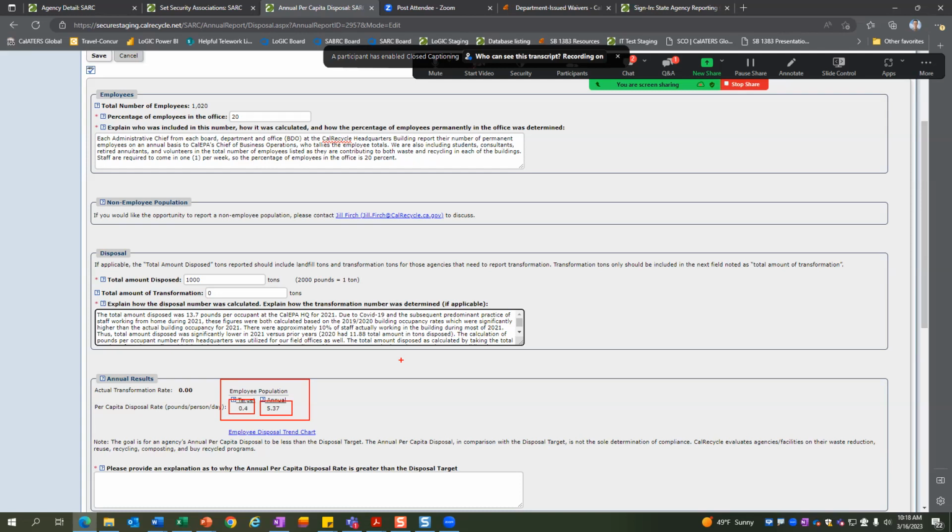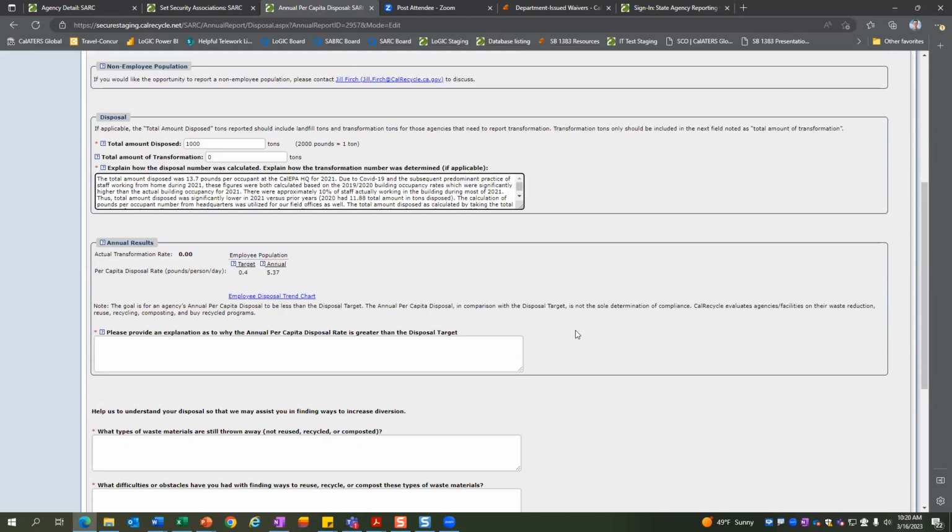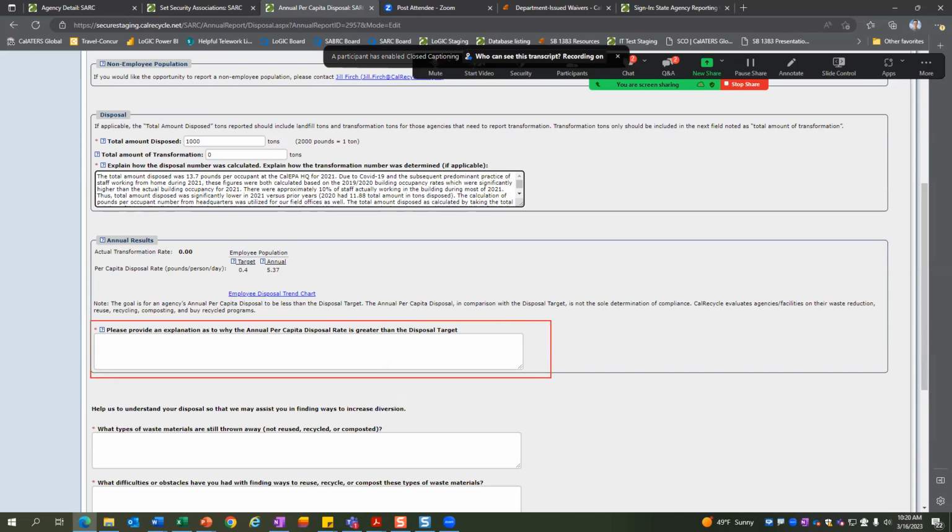So even if you have a high disposal and it does put you over target, in this particular example, if there's a reasonable explanation, in this field here of why that may occur, this is where you want to put that. So you can say we consolidated, we moved out of 4 of our 5 buildings and disposed of a lot of extra trash because of that. So just use this space to explain to us what's going on. Just help us understand why your disposal may be high or low for that matter. And kind of the same thing here, another opportunity to do so if you are way above your target.